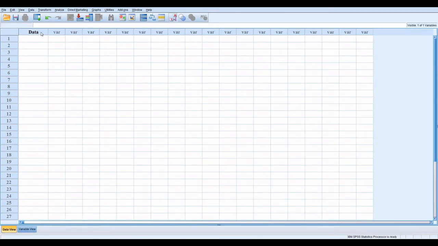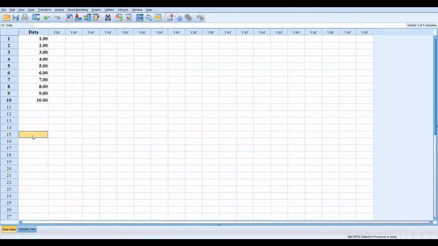Here is the data, type your data. I type 1 to 10 for simplification. So 1 to 10 is our data set and we want to generate random numbers.